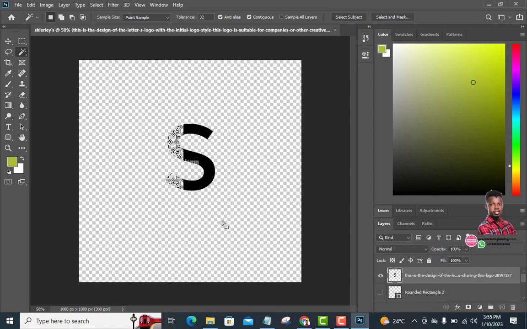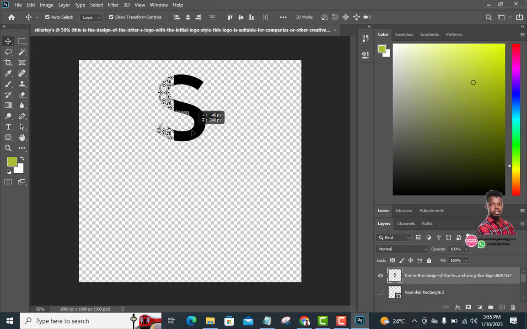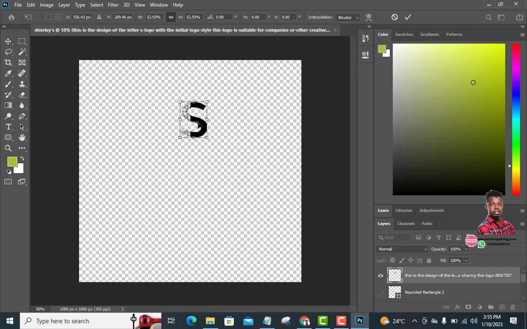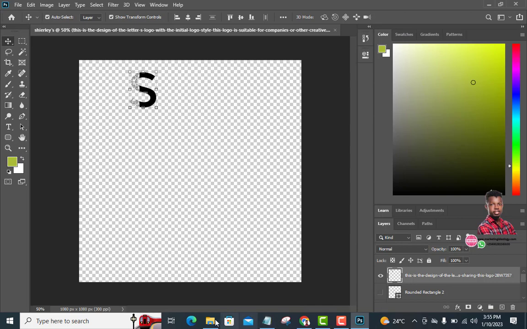Alright. So we've gotten our S. So how do we make this short? Come to your move tool and then click on the layer here and remove it. Now I'll just keep this S somewhere here. Okay. Somewhere here. I'll click on okay. Then the next one is